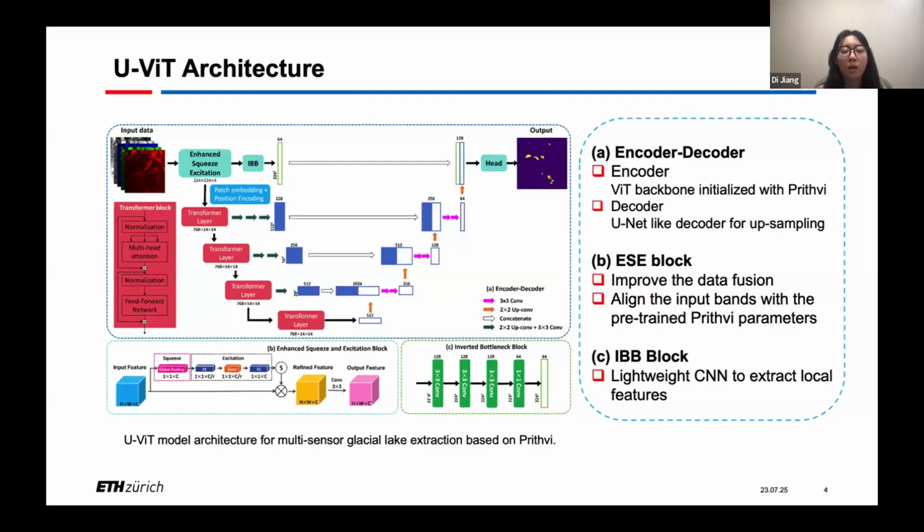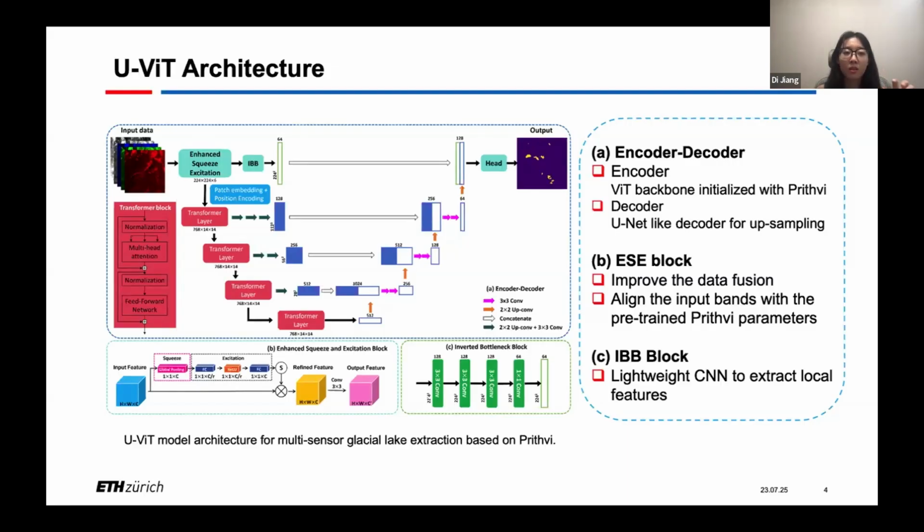And the second part of this UViT is the first layer. We can see clearly that in the first layer, we add two blocks. The first one is an enhanced squeeze-excitation block. This block makes the model align the input bands with the pre-trained Prithvi parameters and improves the data fusion. This means that our method is very flexible to different types of data with different combinations of bands.